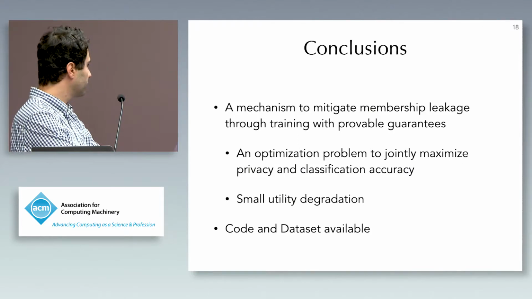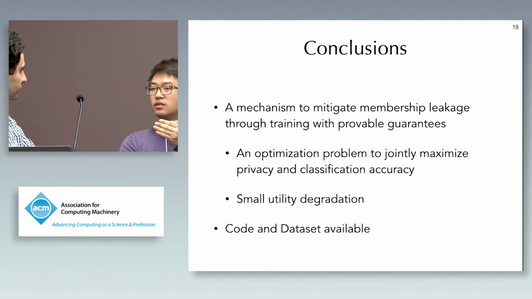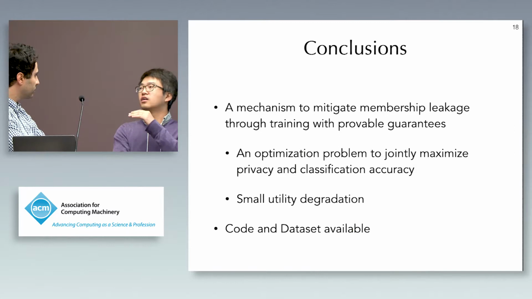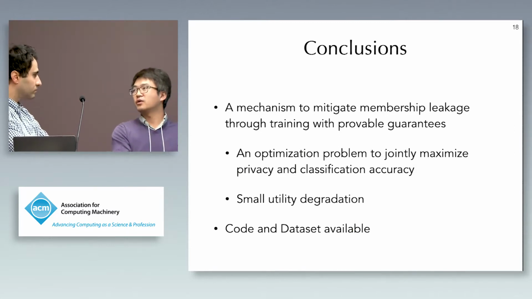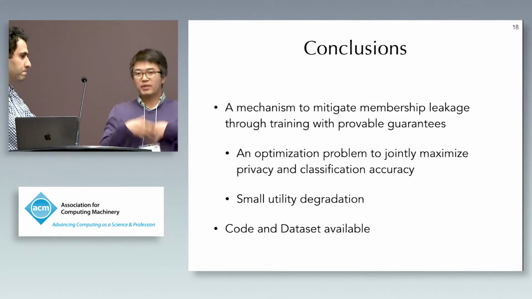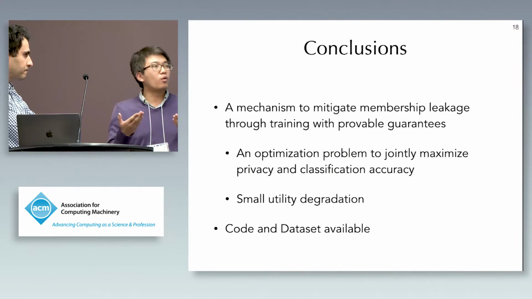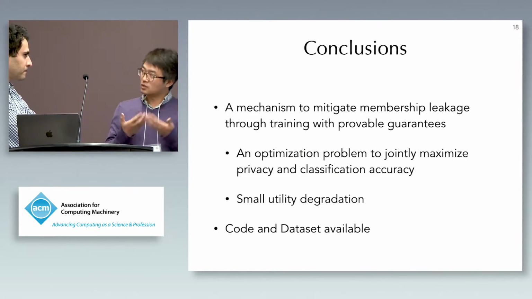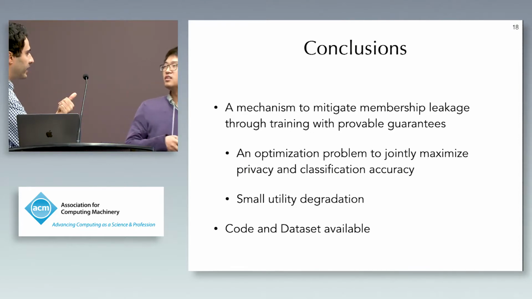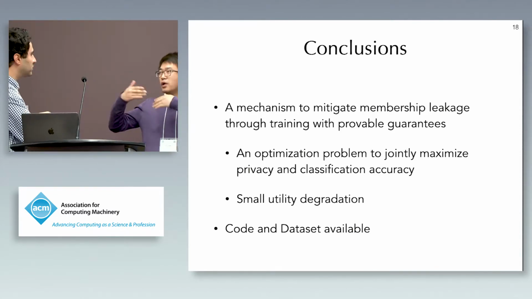Actually, for that point, I think you have a proper guarantee based on the assumption that you know the specific attacker's training data and the classifier selected by the attacker, like your F. For example, in your model, you assume F is a 3-layer neural network, but actually an attacker could use a 4-layer neural network. So basically, the question is you don't know what classifier is used by the attacker and what training data the attacker has. Right. So F is a classifier. You mean F, the inference model of the attacker. Okay. So you mean H, right?